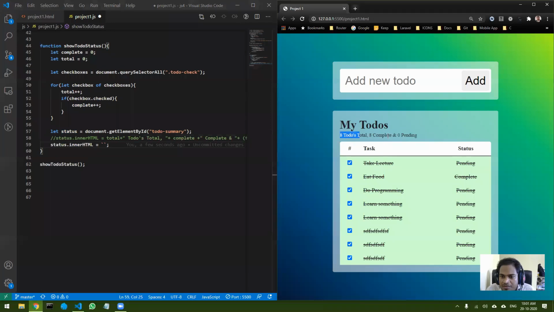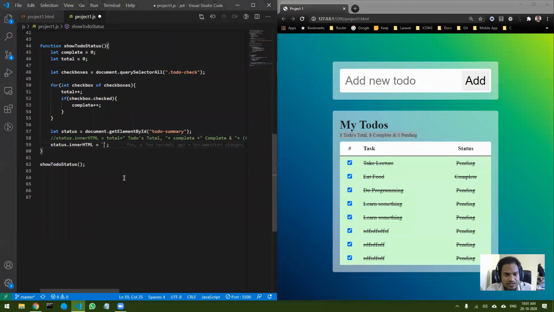So let me just copy this and paste it over here. Okay, and now what backticks do, this is called template literals. Okay, so this syntax is called template literals. So what I can do is I can add template literals now over here. Okay, so now how to add template literals? You just have to use dollar and curly braces. Wherever you want to replace something with a variable, you just have to put dollar curly braces.